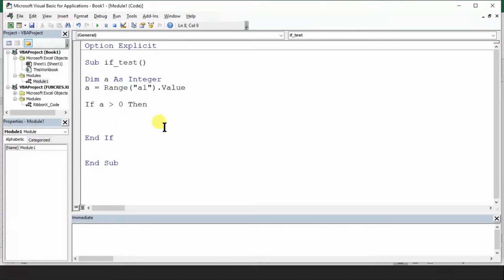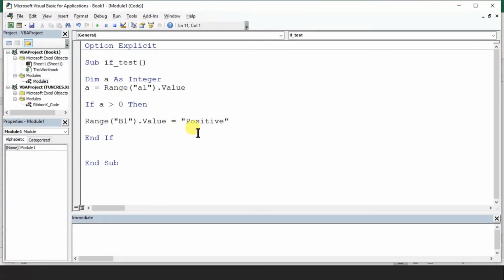So if A is greater than 0, any number which is greater than 0 is called positive. So I say Range B1 dot value is equal to, in inverted commas, positive.